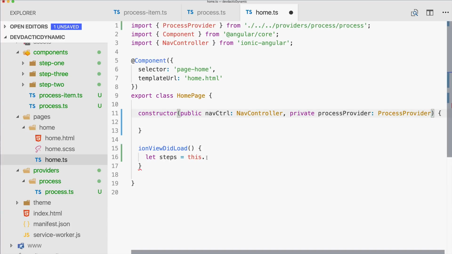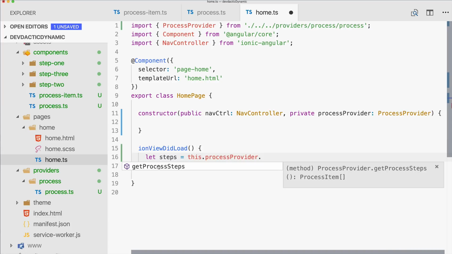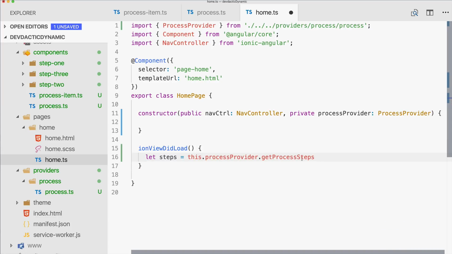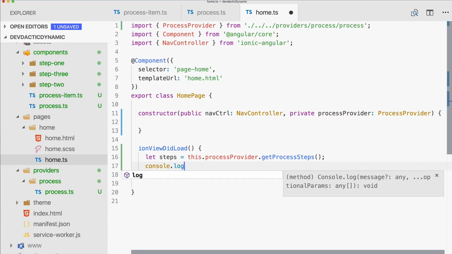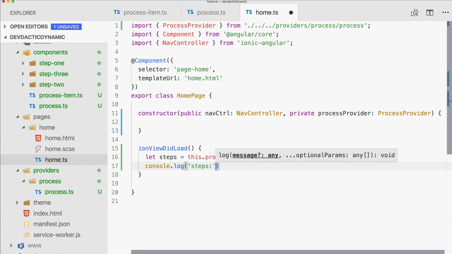Is this right? I don't know. Process provider dot only one function. We've made the other one private, so only this one is public. And in your case, this would perhaps make the request, return the mapping. And then if we log out the steps now, we could already see, hopefully,